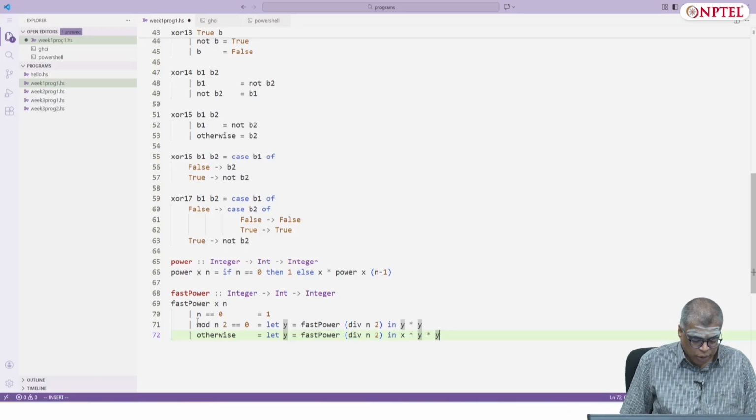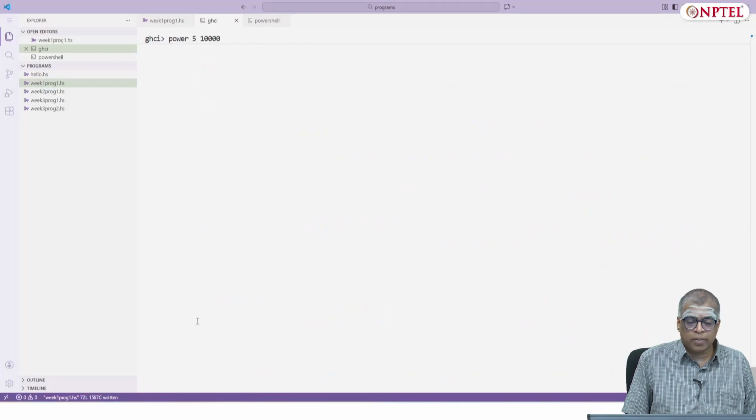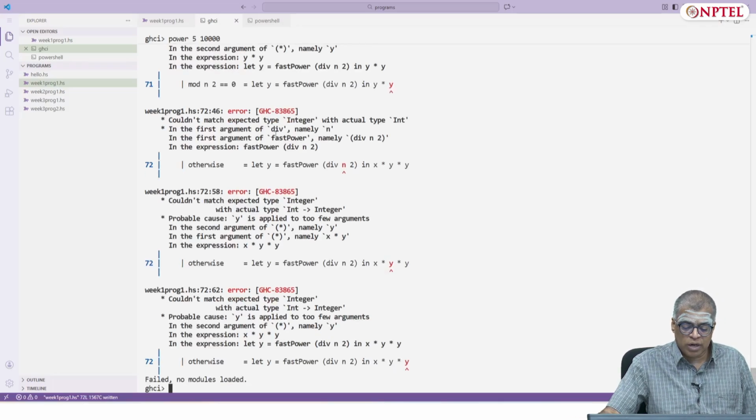So this is the new program for fast powering. Let's see if fastPower makes our computation quicker. I'll clear the screen. Let me reload. Okay, there are some errors.